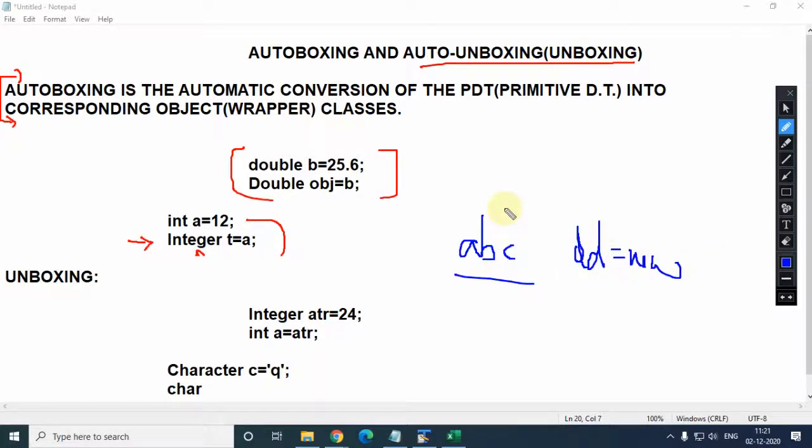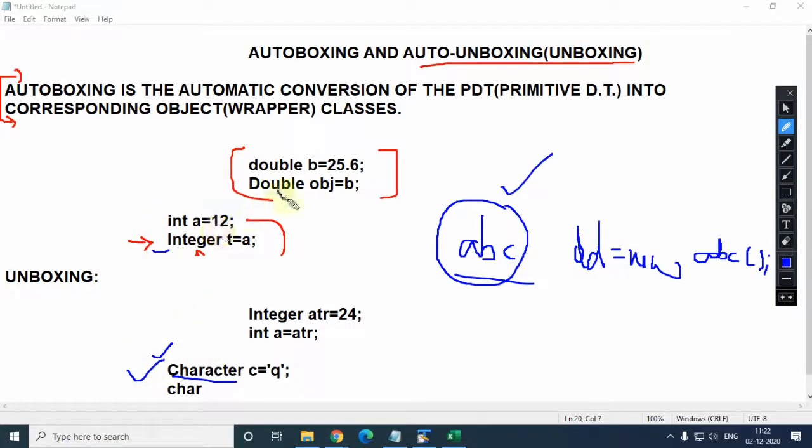Yes, sir. Here we are creating the object of a class, and here we are creating an object of a particular data type using the wrapper class. Am I clear now? Okay, so it's already there, we don't have to write it. Yes, it is another inbuilt class: character, integer, double, boolean, float. Am I clear? Short, byte. These are already there.